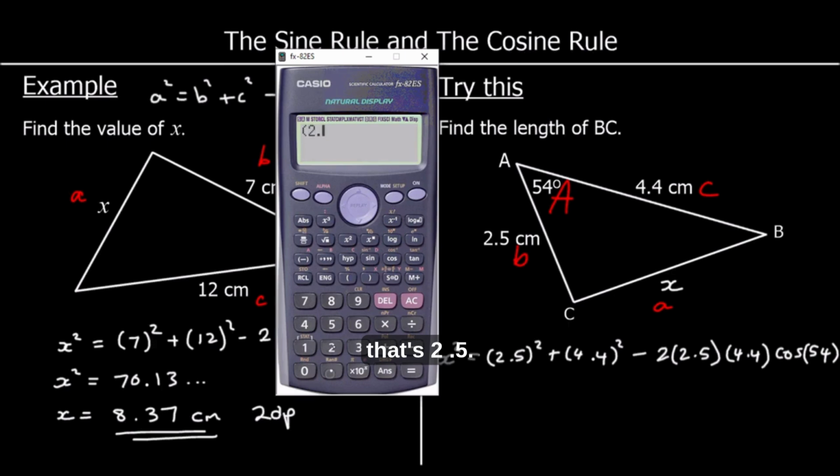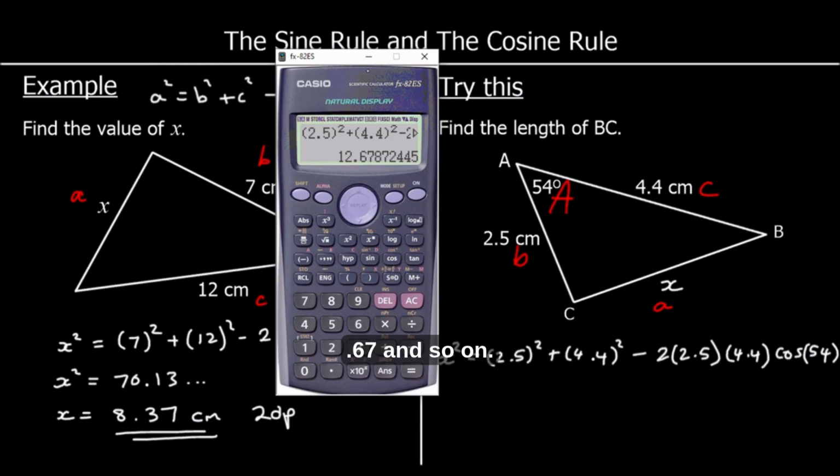So that's 2.5 squared plus 4.4 squared minus 2 times 2.5 times 4.4 cos 54, and that's got us